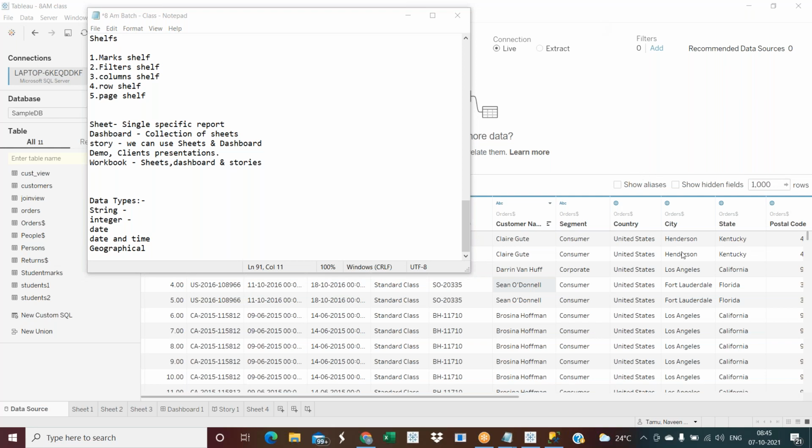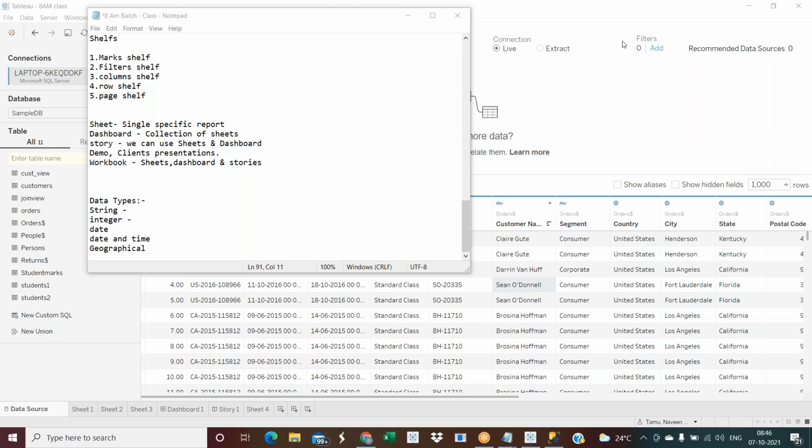String is a collection of characters, whereas integer contains a set of numbers. Yes, we are almost there.